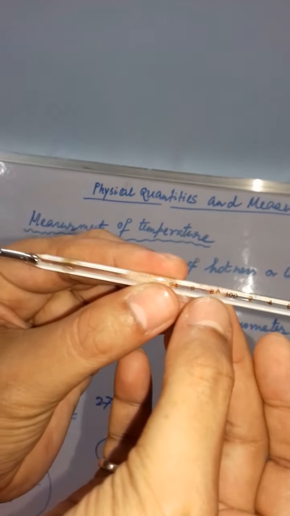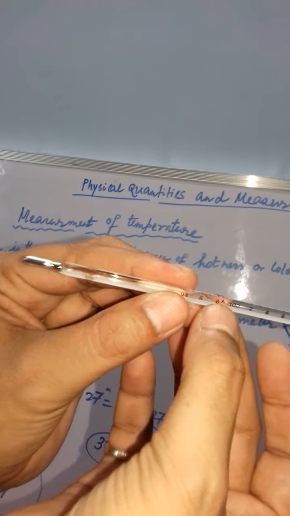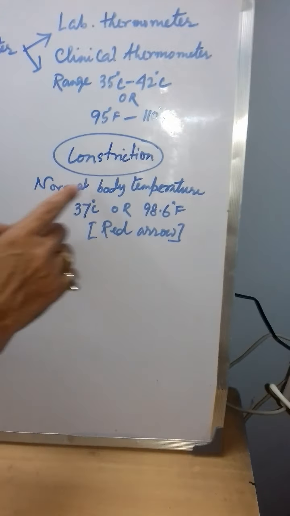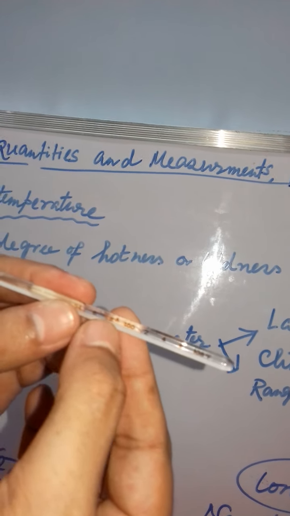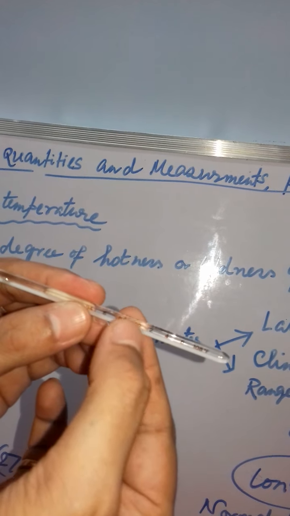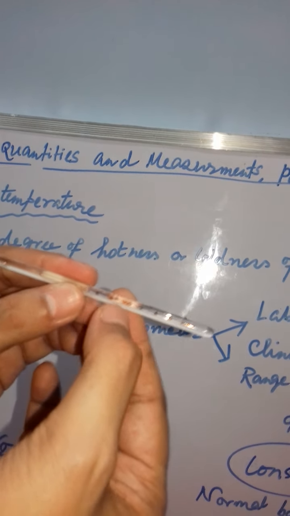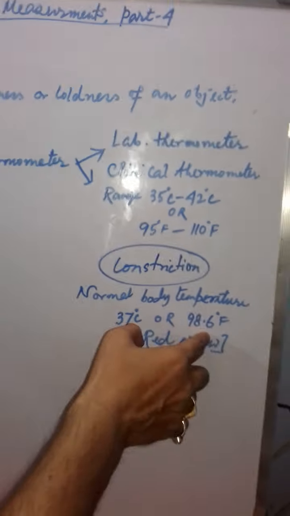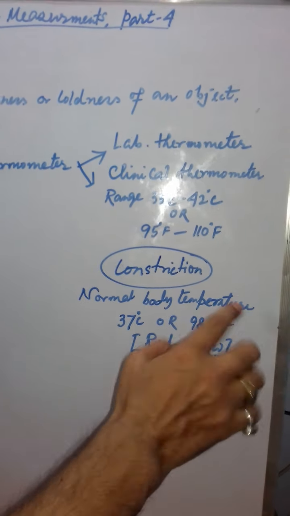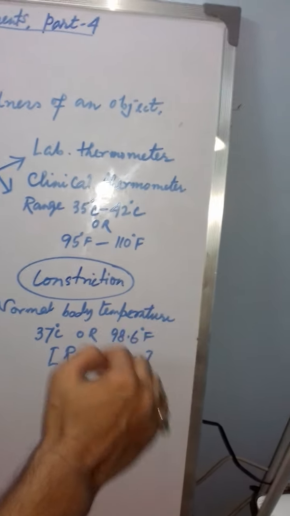This is 8. 8 means it is 98, and you see this arrow. This red arrow reveals the normal body temperature. It is here in my thermometer, it is 98, this is 8, and thereafter there are two divisions. One division is equal to 2, so 2 into 2, 4. One division is equal to 3, so 3 into 2, 6. So 98.6 degrees Fahrenheit or 98.4 degrees Fahrenheit. According to the doctors, 99 degrees Fahrenheit temperature means your body temperature is normal. 99 degrees Fahrenheit is not at all a fever.